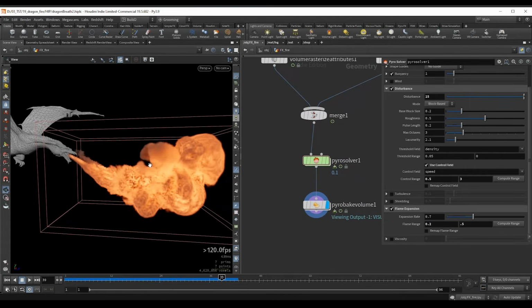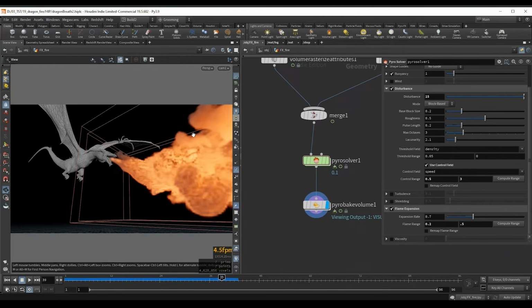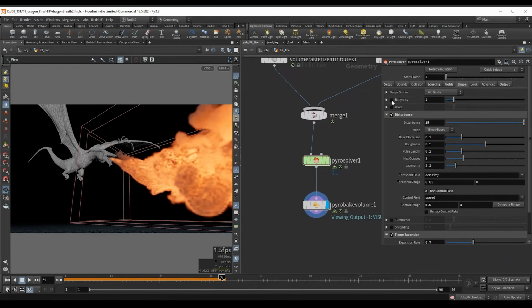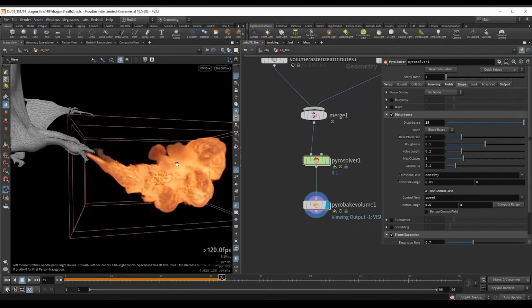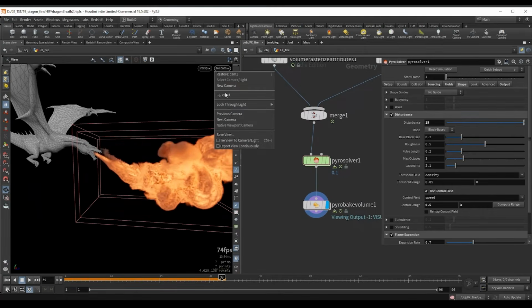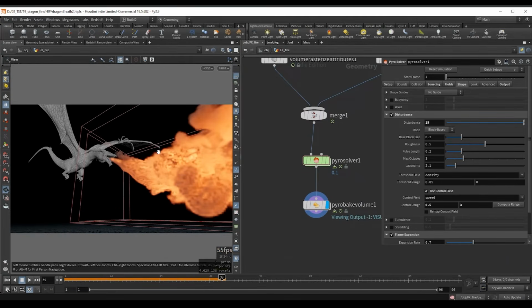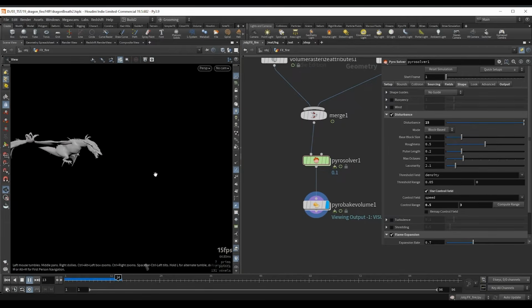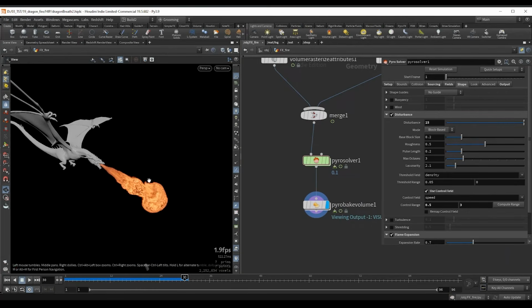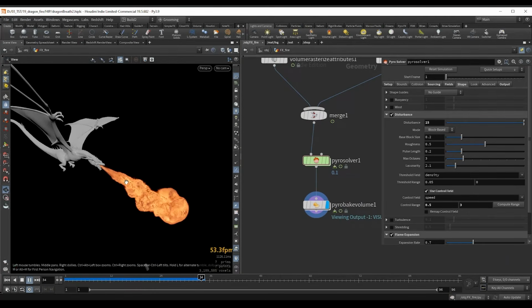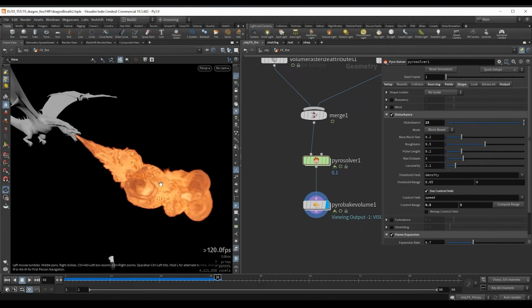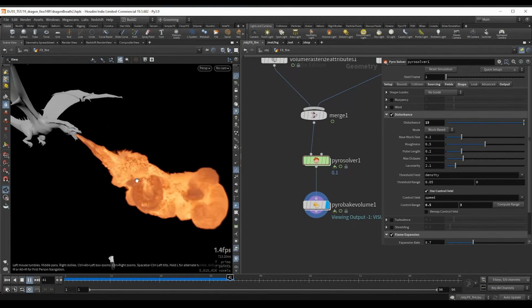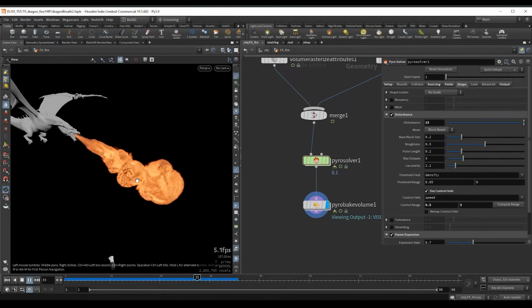But for this specific shot, I want the smoke to just go straight down, because from this angle I'm not really interested in having the smoke rising. So I will go to the buoyancy value here and just disable this, and now our smoke will no longer rise. So this will be specific for this shot and from this angle. Usually you will probably want to have this on. But anyway, if we resimulate now, we should no longer see our smoke rising, and as a result we are going to push this fire even further in this direction of the breathing. So we are getting pretty close, I would say.